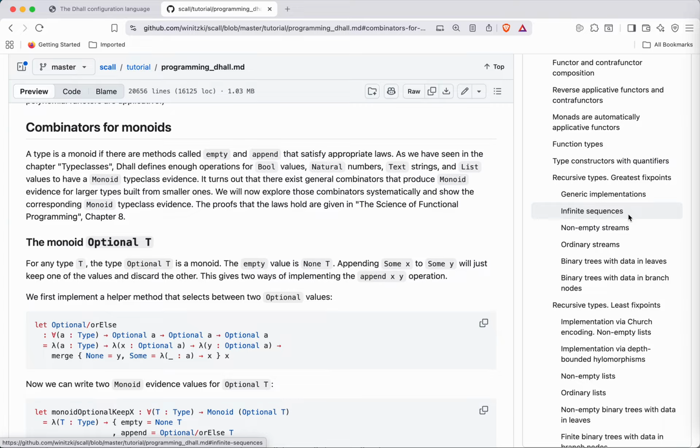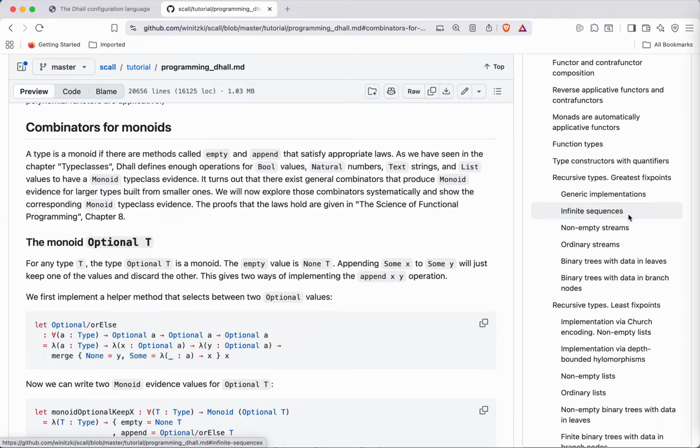This is something that I explored in my other book, The Science of Functional Programming, in great length. How to find out, for example, what kind of types can be monoids. If you have some type t, then the function t to t, that type is a monoid. Or if you have p and q that are monoids, then the pair p, q is a monoid. Or either p q is a monoid. These are what I call combinators.